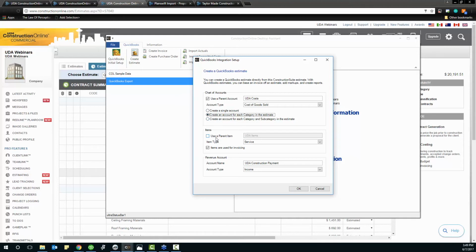Items, same thing. You can either use a parent item or not. As far as organization goes, choose what type of item. Also choose what types of accounts you want to create if you're creating them as well. And then tie the items to a revenue account if you're using them for invoicing. And so at this point, this is step one, and it's only a one-time step before you really go into